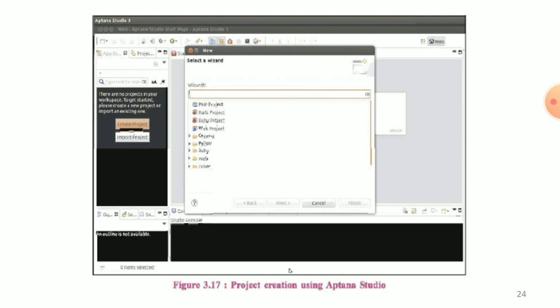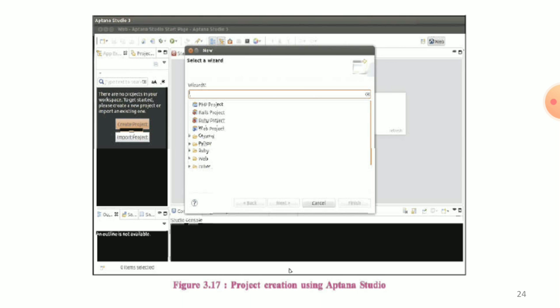It also comes along with a large number of additional plugins. Aptana Studio 2.0.5, also known as Aptana Studio 2, is currently used to develop web applications using HTML, CSS, and JavaScript. It can be easily downloaded from the website